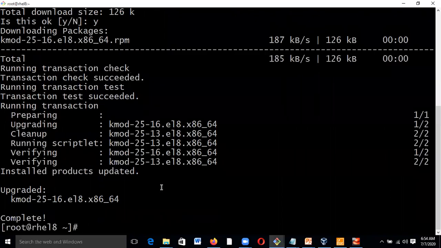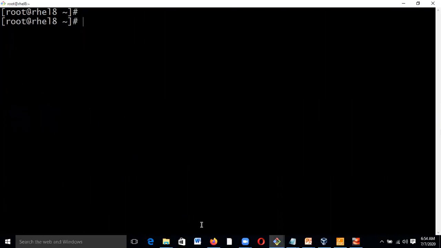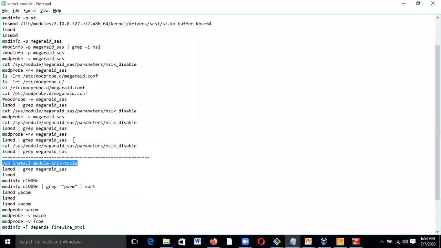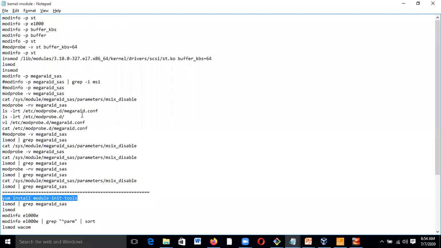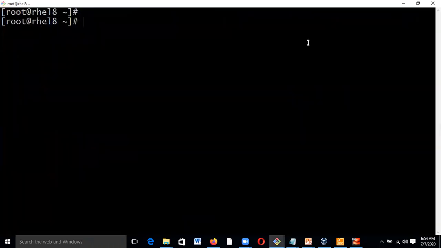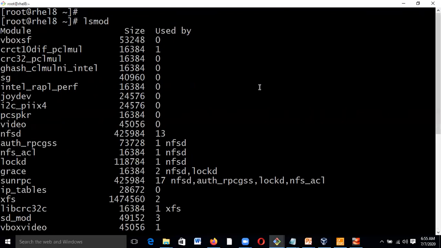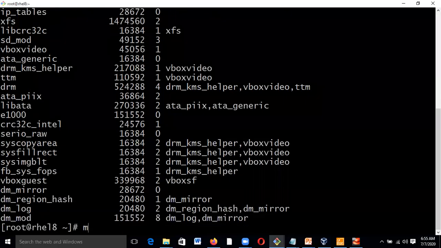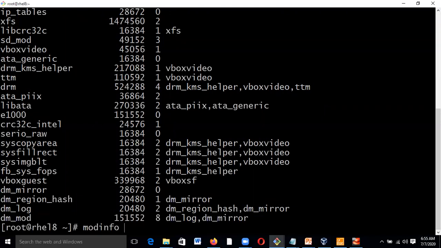So now the kernel module package is installed. So now we will check the loaded modules. First of all, we'll retrieve some information. So lsmod, if you can see, will give me the size of the modules, which are the modules loaded, and if I want to retrieve any information for any modules,